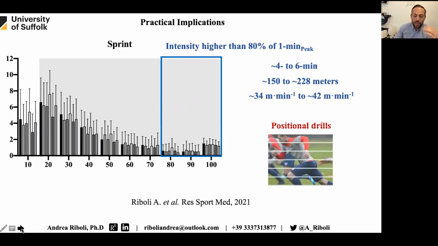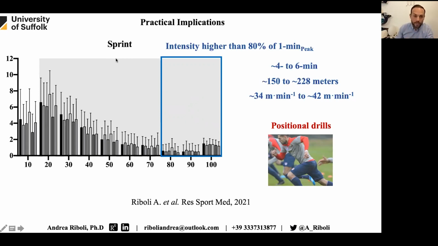So we can consider this information to plan, for example, in our practice a minimum of 4 to 6 repetitions of 1 minute at intensity between 34 and 42 meters per minute of sprint